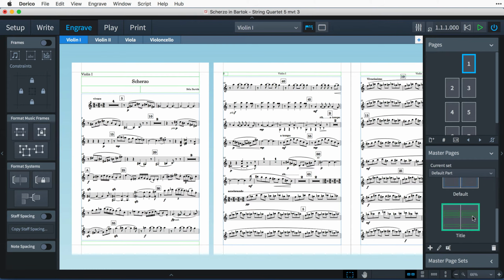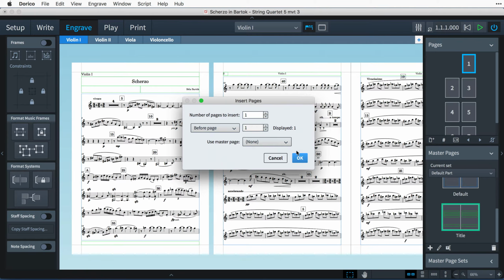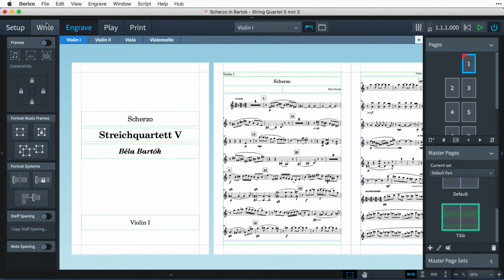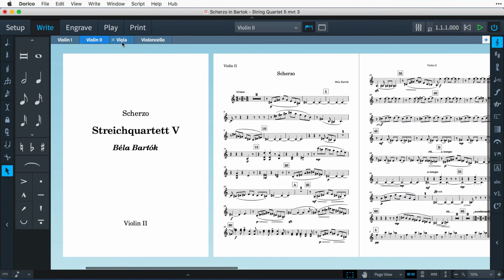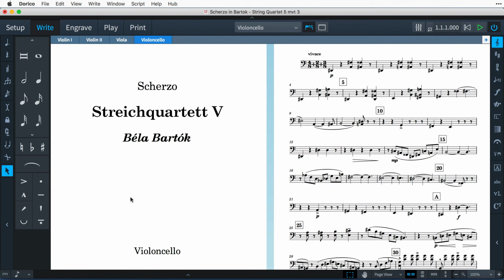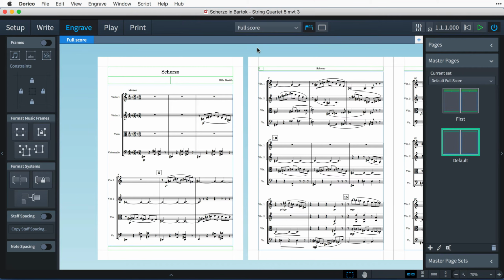Hello, I'm Anthony Hughes, and in this video, I'll be showing you how to create a new master page and use it to add a title page to each of your instrumental parts here in Dorico, the new music notation software from Steinberg. I have a project here for string quartet, and I'm preparing the parts that the 4 players